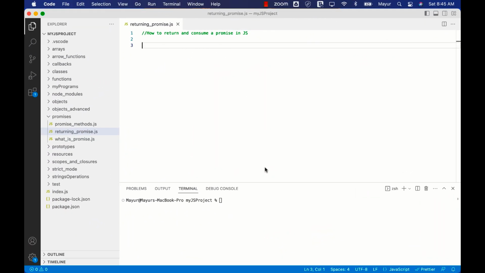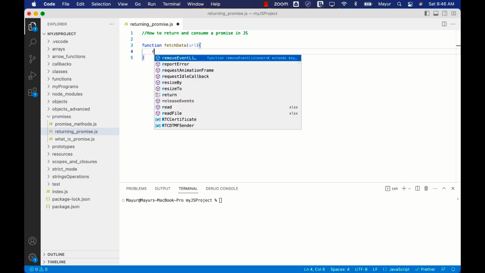So first we'll see how to return a promise, and then we'll see how to consume a promise. To return a promise, we'll use the same example that we saw in the previous session. We can create a function. Let's call it fetchData. Let's say this service is fetching data from some API, and we know it's going to take time. So what it is going to do is return a promise that I'm going to fetch the data and I'm going to deliver it to you. This is the promise. So we'll say return